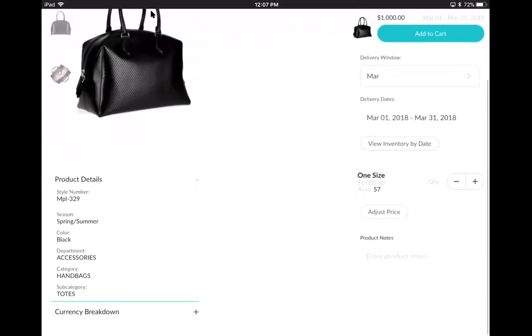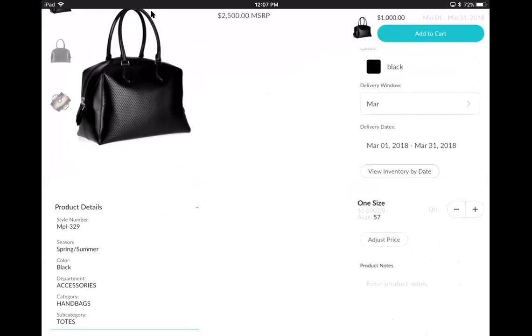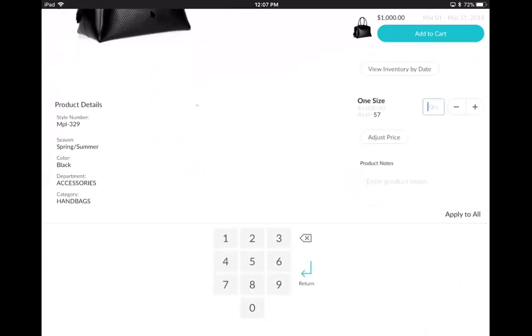All the product information is there. You can see your quantity. Quantities are available, and because these are touch devices, I could tap into the box if I want to enter a quantity. Let's say there's going to be 33 of these. It's a large number. Or what I'm going to do is tap out of it right now,